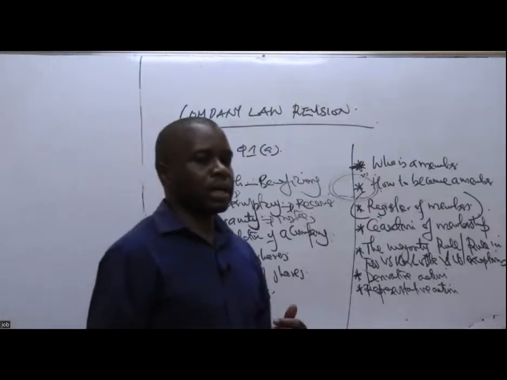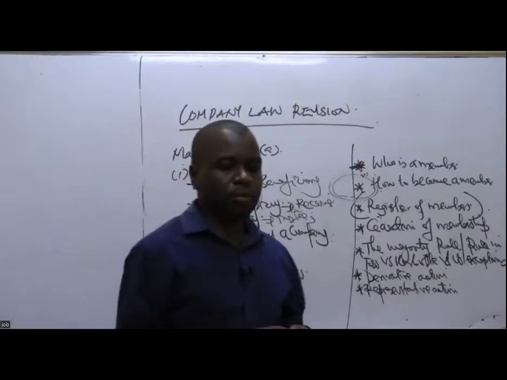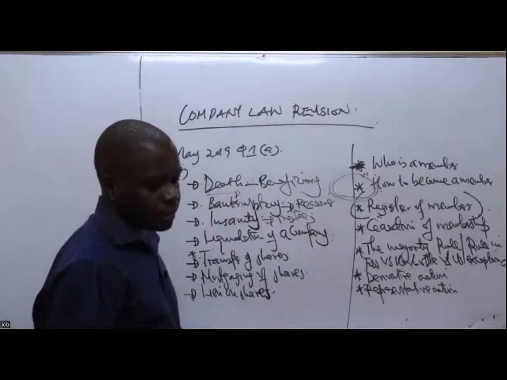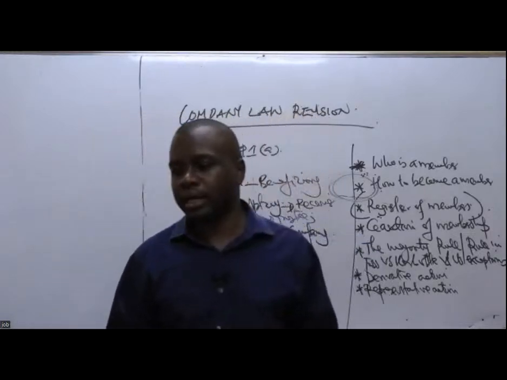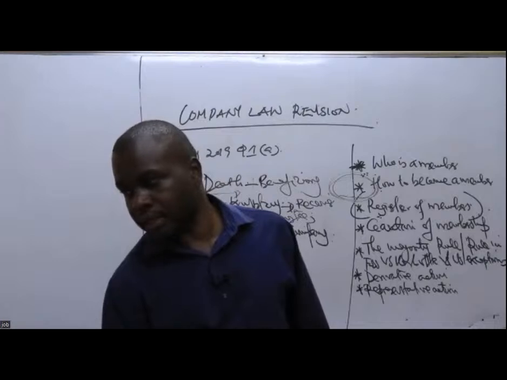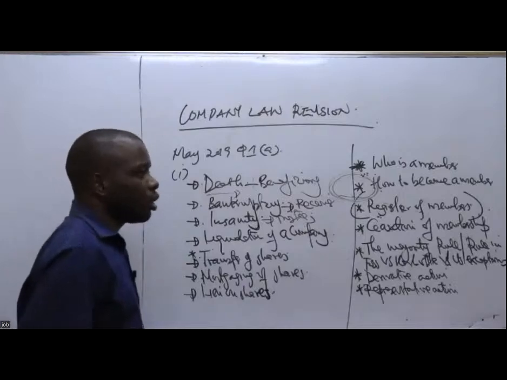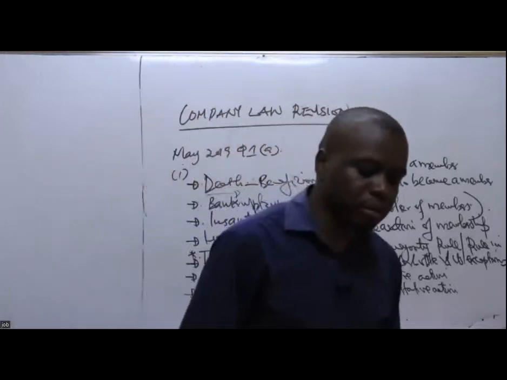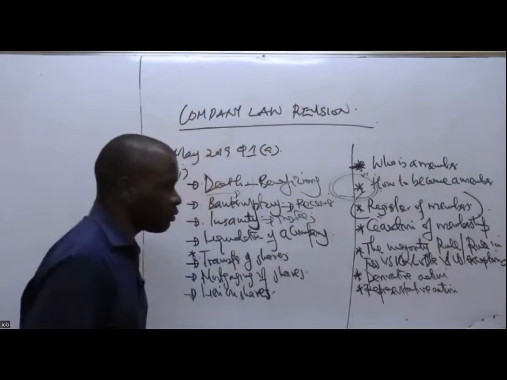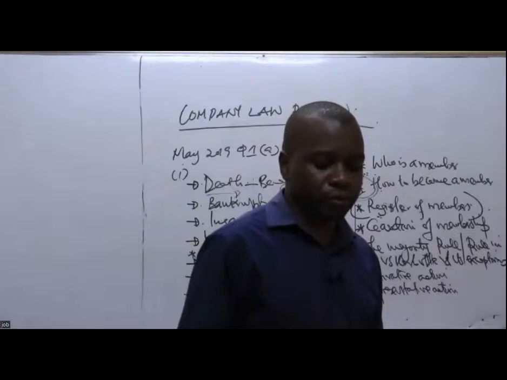So we've said number one, allotment of shares. Number two, transmission of shares. Number three, transfer of shares. Number four, by subscribing to the memorandum of association on the formation of the company. It simply means you agree to be one of the founding members of the company. When the company is being registered at the registrar's office, your name will be included there as one of the subscribers of the shares of the company. You subscribe to the memorandum as to how much you've acquired as shares on the formation of the company.